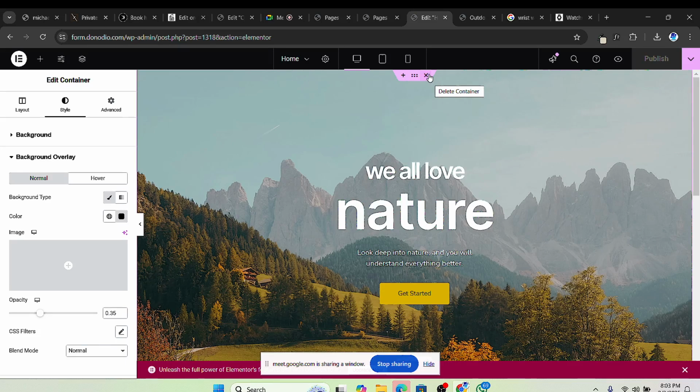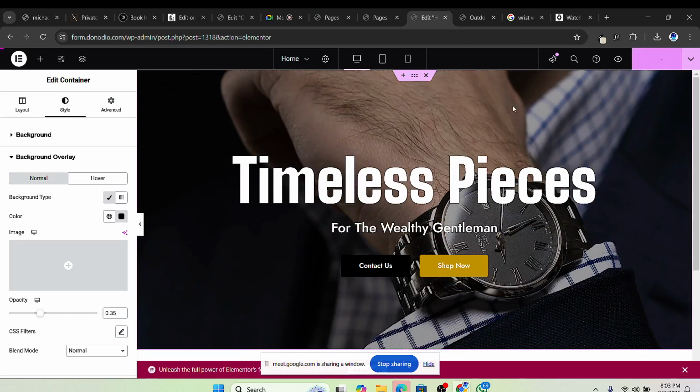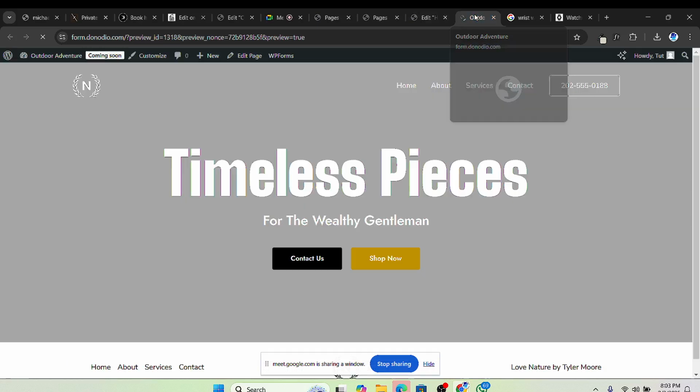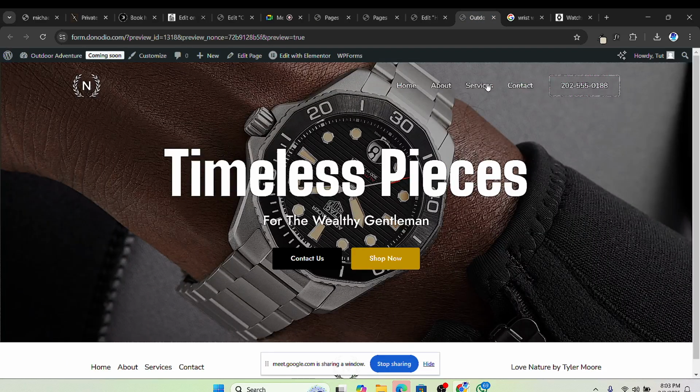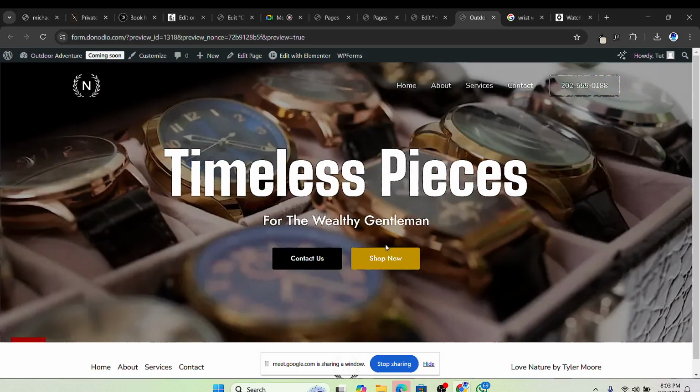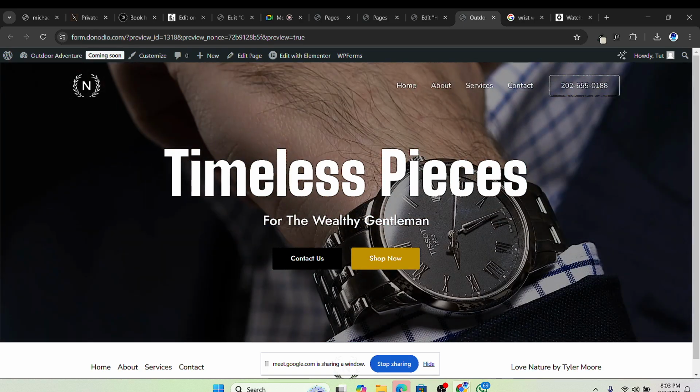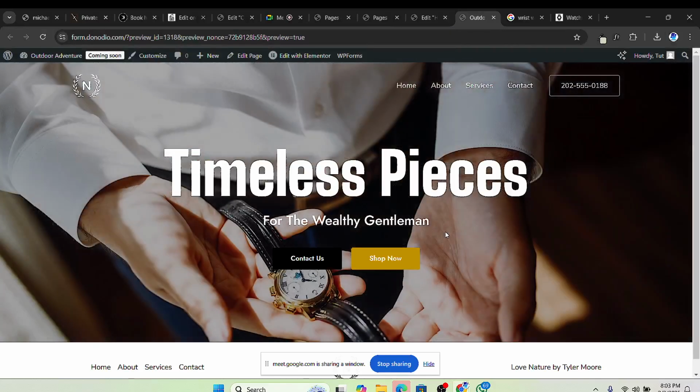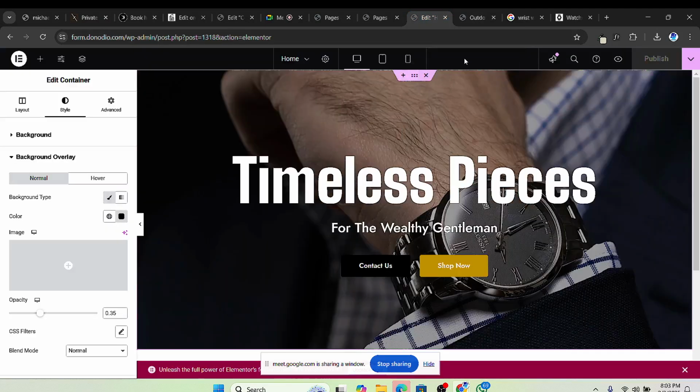I'm going to delete this now, and then if I publish this, you see this is what we have, and it's a slider. So anybody who looks at it will know that we sell watches. This one is a Tissot. It's actually an expensive watch. That should be more than $1 million. So now